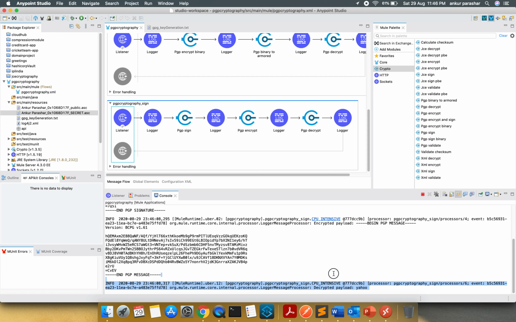So with this particular use case, I know this PGP cryptography was quite lengthy one, but I tried to cover most of the aspects of PGP cryptography, how we can achieve using Windows versus non-Windows system to create the GPG keys and the tools, and how to use most of the different palettes or the functionalities available as part of PGP crypto.